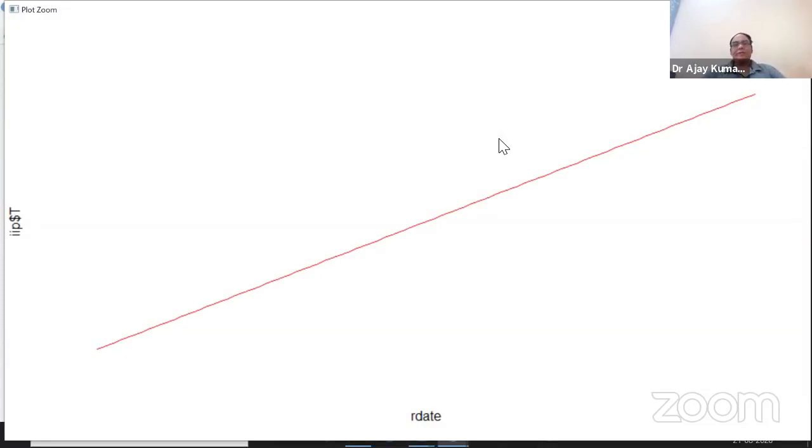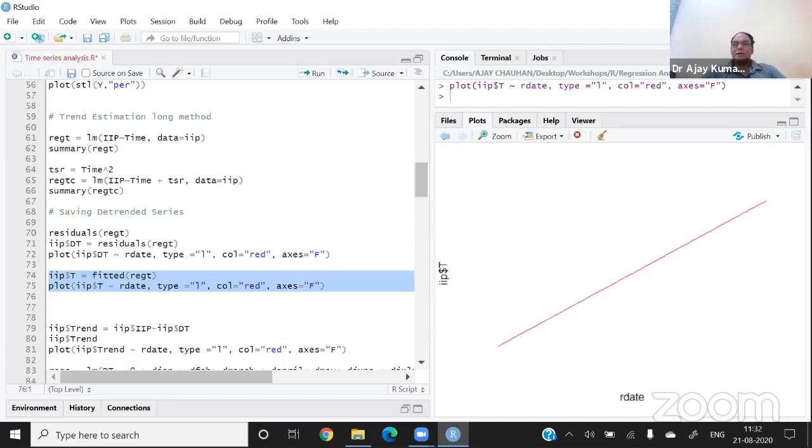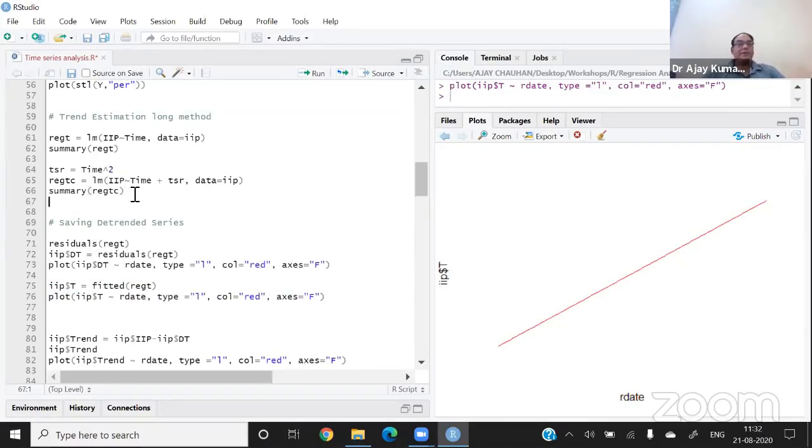If I want, I can remove the curvilinear trend also. It's totally up to me. If I wish, I can remove the linear trend. In this exercise, I am removing only the curvilinear trend, not the linear trend. And if you want to see what the curvilinear trend is, I can show you here. Let me save the plot.